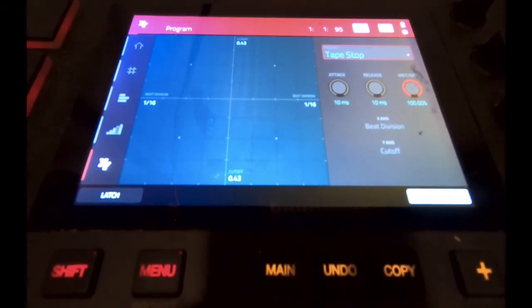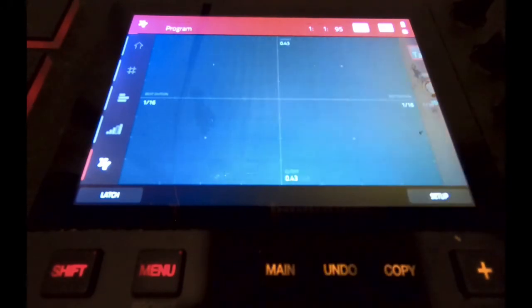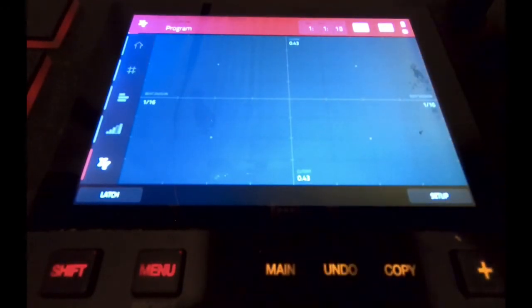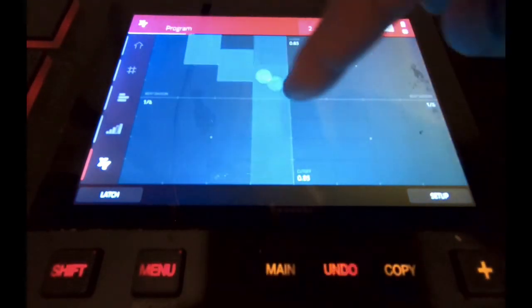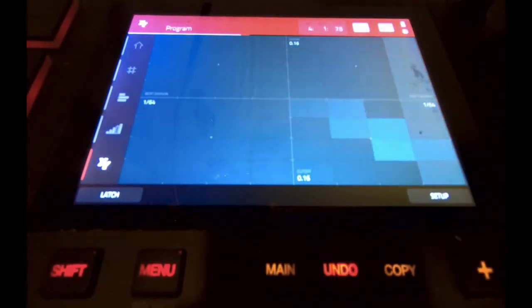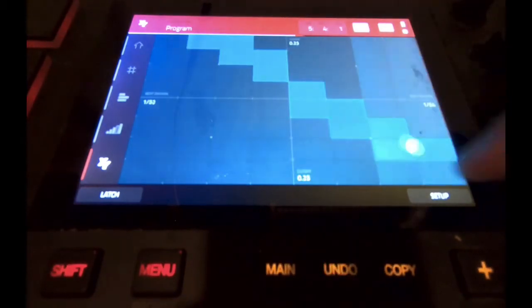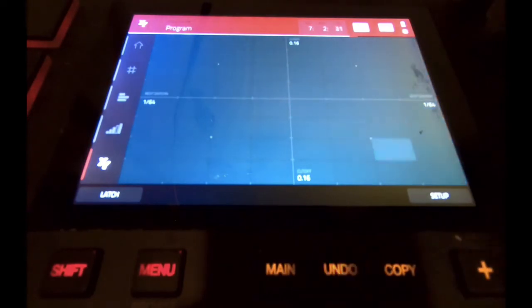Hit play start, and let's take off the setup menu real quick. Just do whatever you want to do to your XYFX. This is for the purpose of demonstration, of course. Just want to show you how to